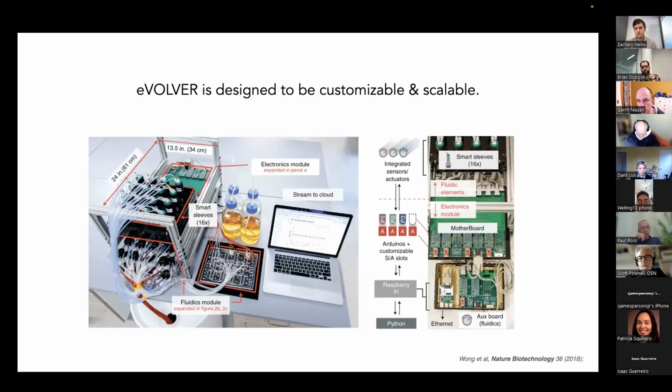Wait Sing asked, how much does it cost per day to run ePace? Oh, that's a good question. That comes down basically to media costs for ePace. There's a triple antibiotic selection for the experiments that we were doing, so antibiotics was the predominant cost of what we were doing. So I was making media